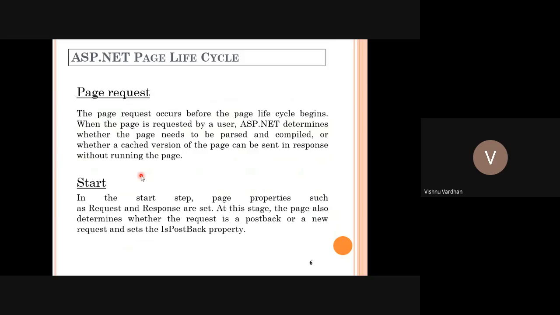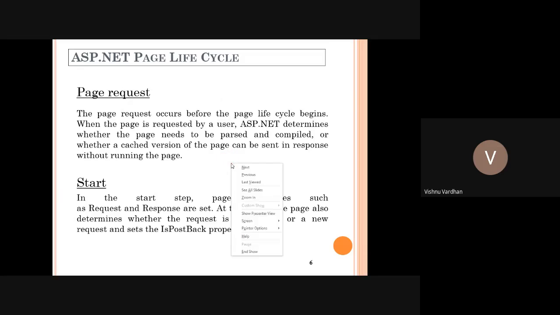Okay, so page lifecycle, page request. The page request occurs before the page lifecycle begins. When the page is requested by the user, ASP.NET determines whether the page needs to be parsed and compiled, or whether a cached version of the page can be sent in response without running the page. This particular topic we already discussed, because in .NET anything is compiled only the first time.